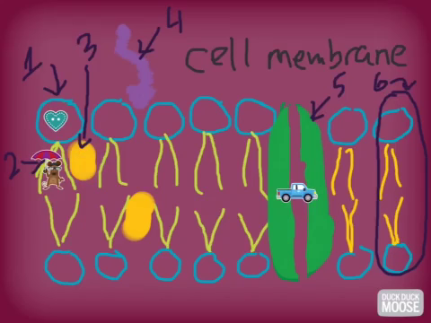And then over here, number 5, I put a little truck in there, and I couldn't turn him, but if you can imagine that there's a truck here traveling through this big number 5. What is that? Well, that's a protein, and in this case, a channel protein, like the kind called an aquaporin that is used for osmosis. So this is a channel protein allowing substances to traverse through the cell membrane that are either too big to go through the phospholipids or